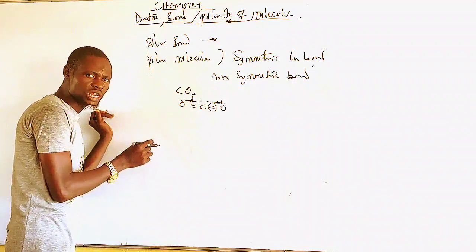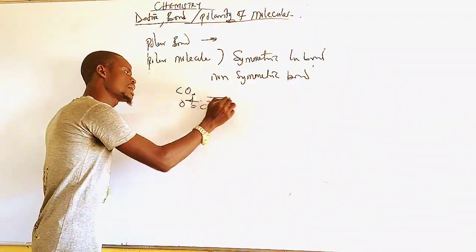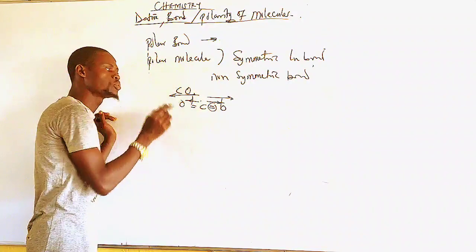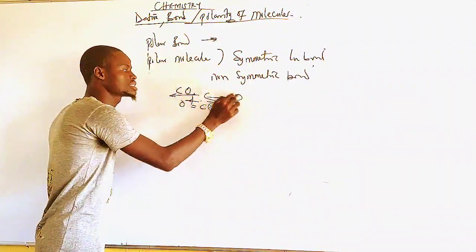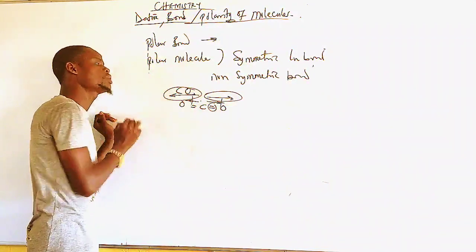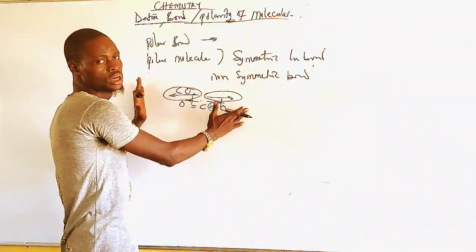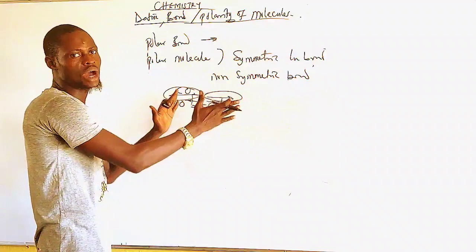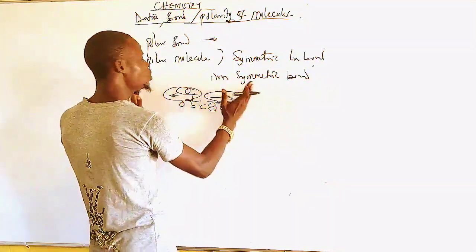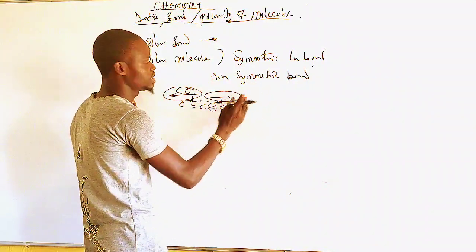Oxygen. All together. Now, this is one directional pull. This is another directional pull. You see the pull along this direction balances the pull along this direction. Are you getting what I'm saying now? It makes this molecule to be what? Symmetric. Why? Because there is an equal pull in both the right and the left hand side, which makes this